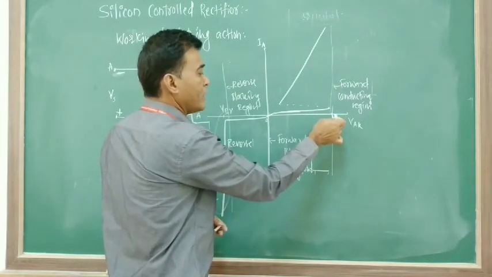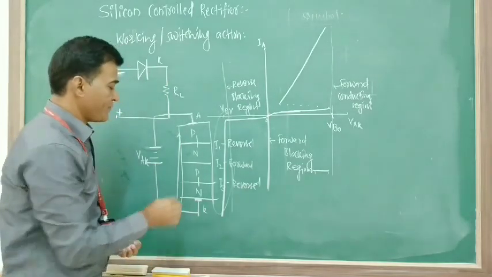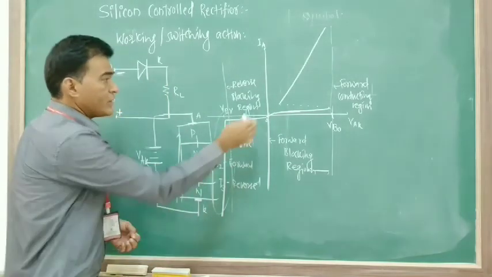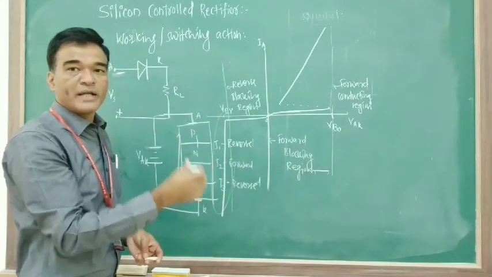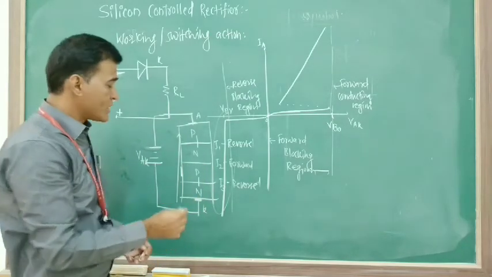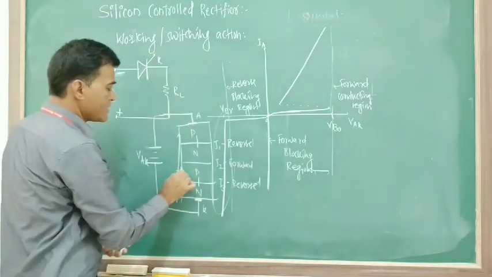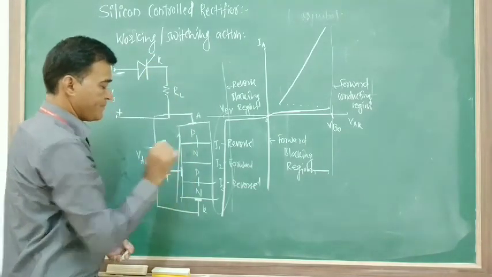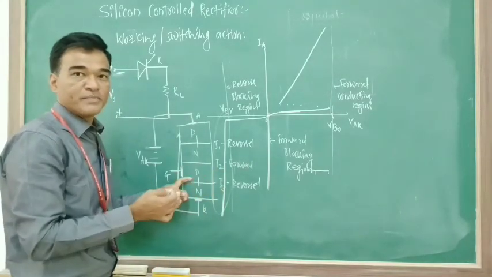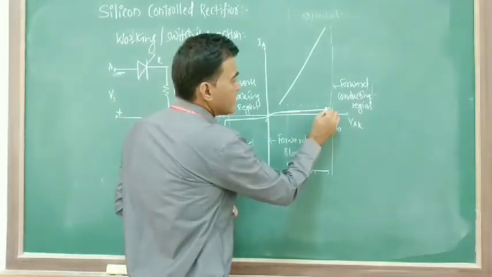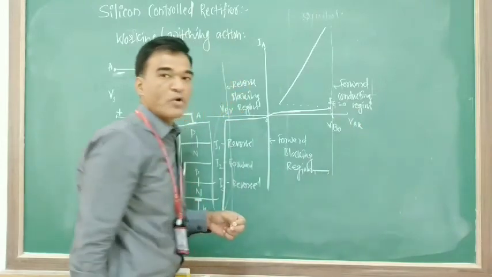Then what is the effect of the gate on these VI characteristics? Now this plot which I have drawn is drawn by considering that the gate voltage is 0. Now let us assume that I apply some voltage at the gate, so this junction J2 will be forward biased at an early voltage. This is the point when Ig is equal to 0, because we have not applied any voltage.